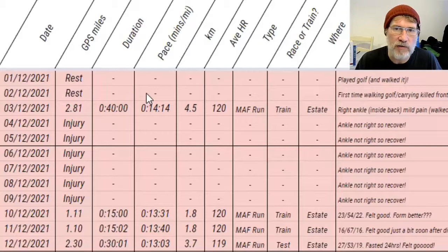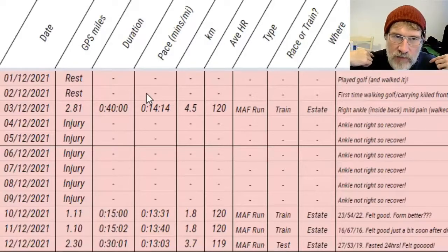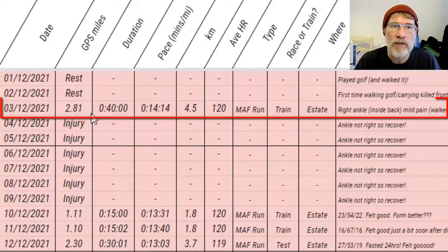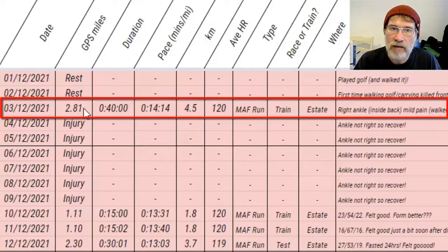Quads and hip flexors were killing. I think it's from walking with the weight of the bag on your back, sort of leant forward. So I actually put in a rest day the next day as well because of that. Day after that, I ran, and